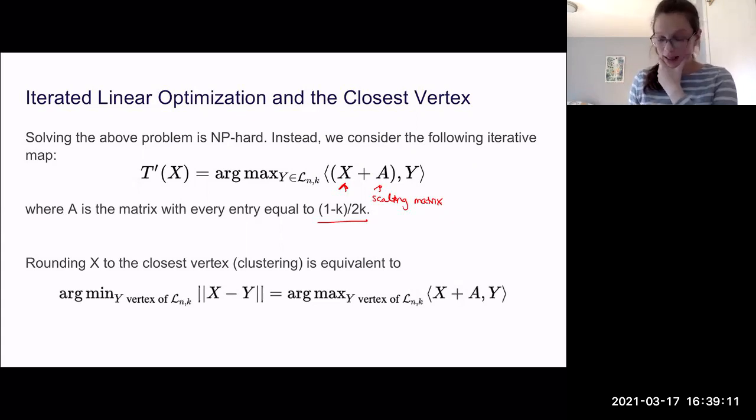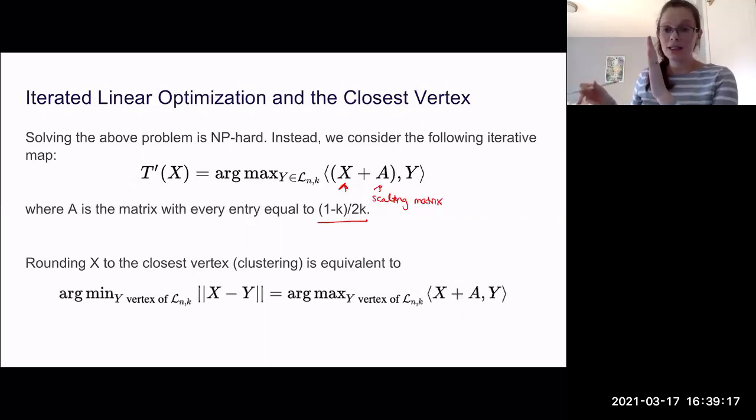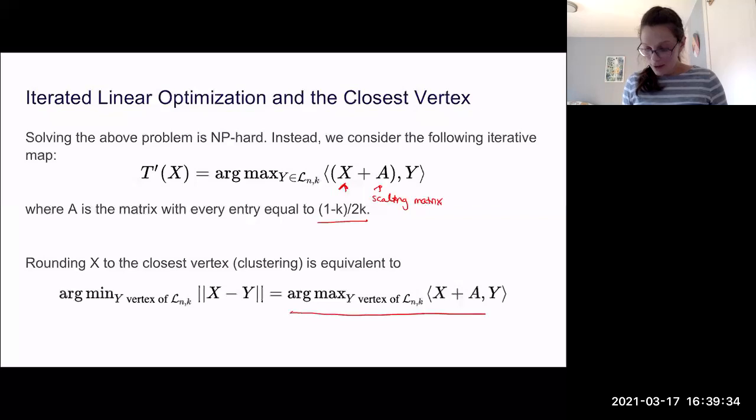In terms of why we have this A here, there are two ways you can think about this scaling. One is that we're in the situation where one says you're the same vector, but you're only allowed to go to -1 over k minus 1 to be in different clusters. This is recentering so that those are weighted more evenly and you have a better balance. The other way to think about it is that solving this map is trying to find the closest vertex to your point X.